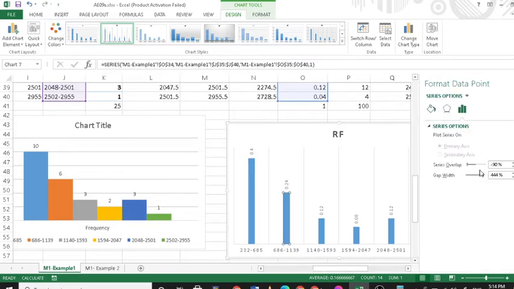And then have options, and of course the transparency, so I will double click it, class. And the gap width,